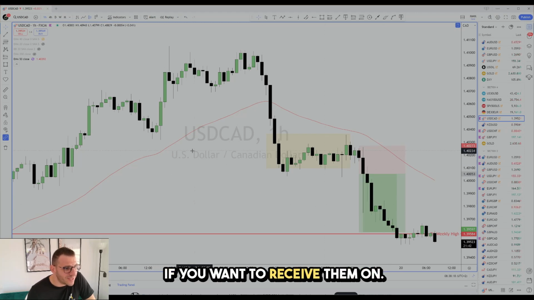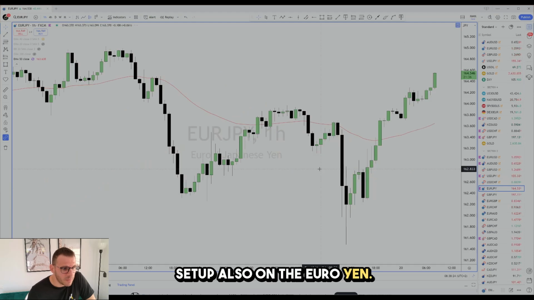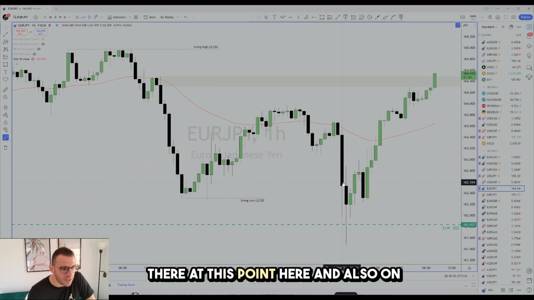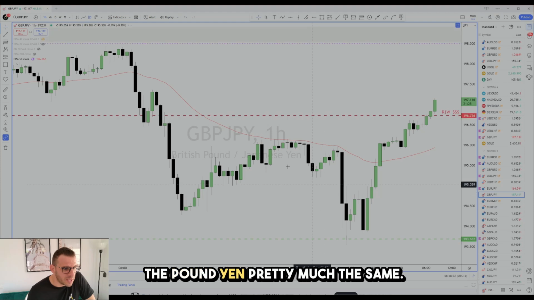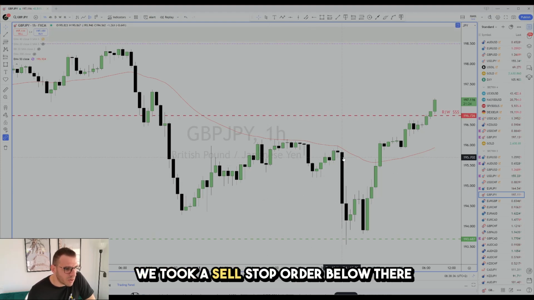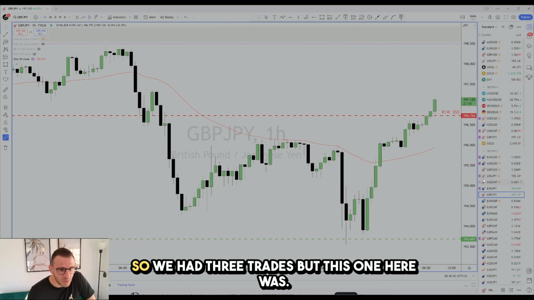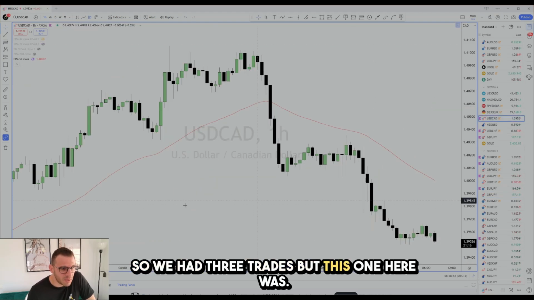Also yesterday, we had a setup on the Euro Yen. We took this trade here. We target around this point here. And also on the Pound Yen, pretty much the same. We took a sell stop order below there and we target this low point here. So we had 3 trades, but this one here was